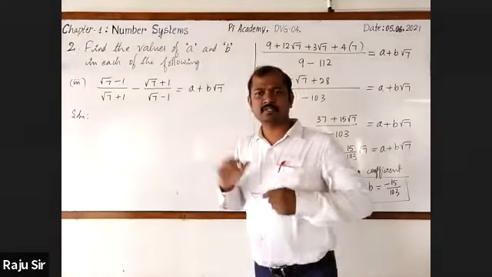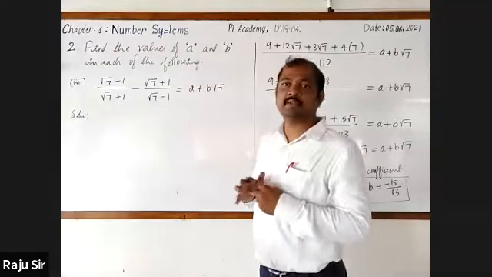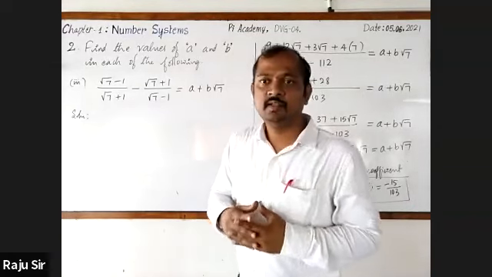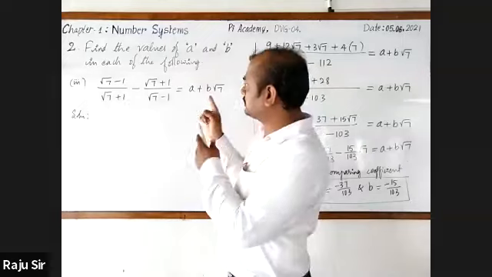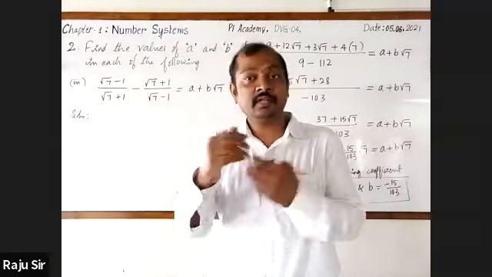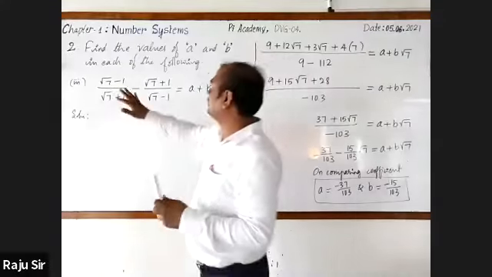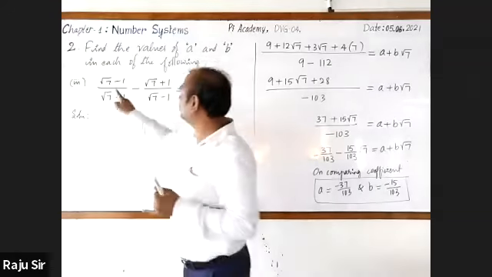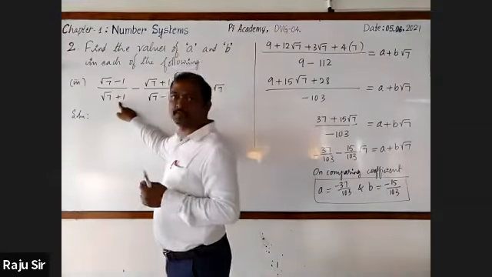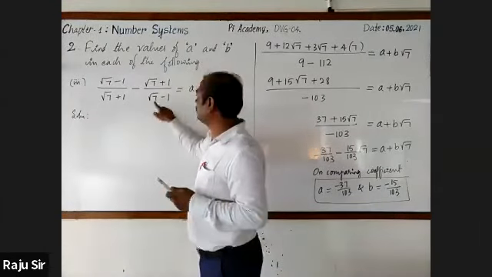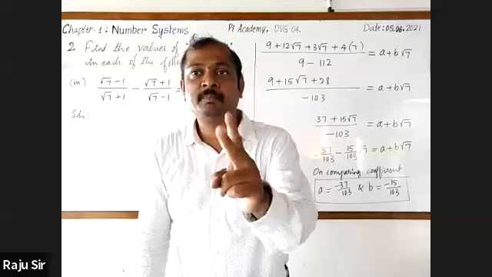Now you may stop writing. Just look at them. Go through only the LHS part. Lavanya, just observe the LHS part and tell your observation. Sir, it's plus and minus both. Sir, all the terms are the same, only there is a change in the sign. Root 7 minus 1, root 7 plus 1, but in the other, root 7 plus 1, root 7 minus 1. A minus B whole square. This can be done by two methods.